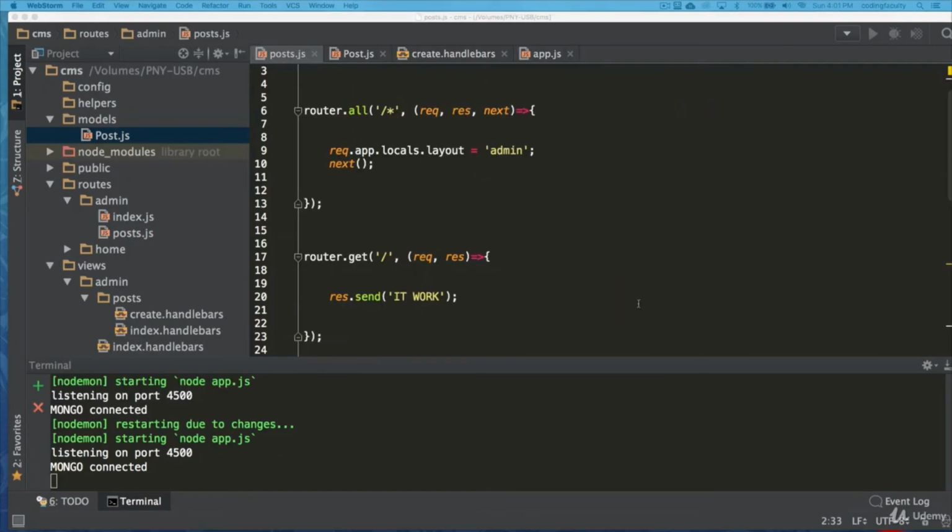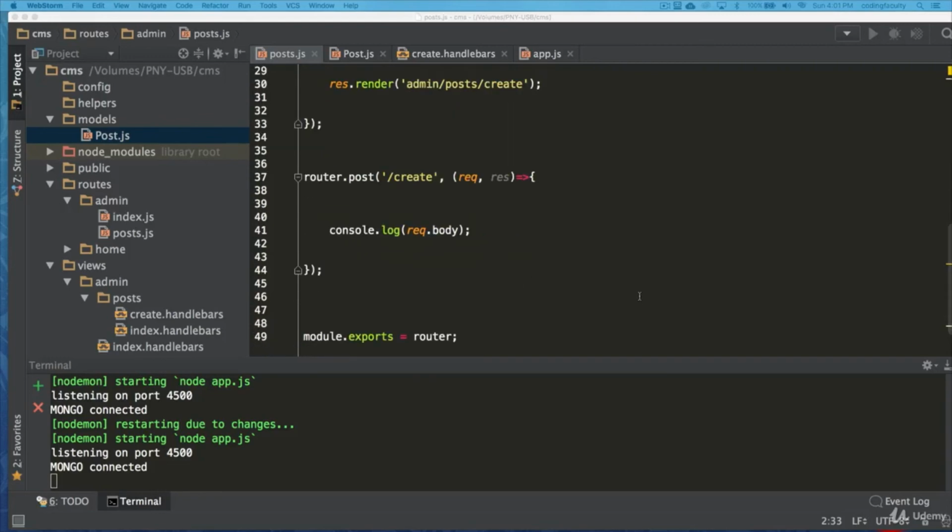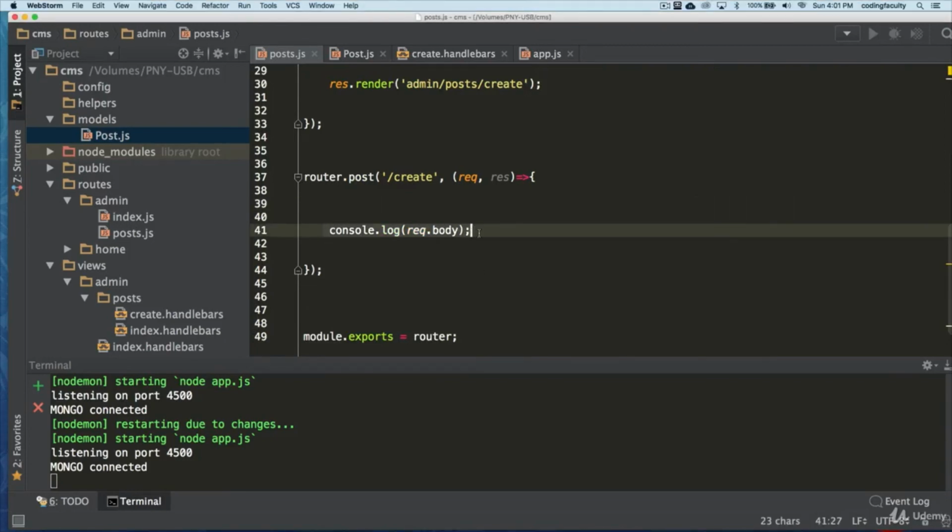Welcome back, my dear students. So I'm inside my routes, my post routes, and we were able to get the body of a form to console log. We were able to log it into our console, right? So we are able to get this object with all the data from the form. Great stuff. But now we need to start inputting data into our database and at the same time creating it.